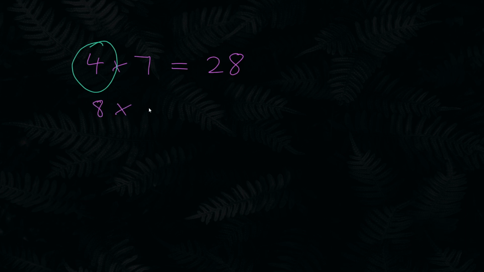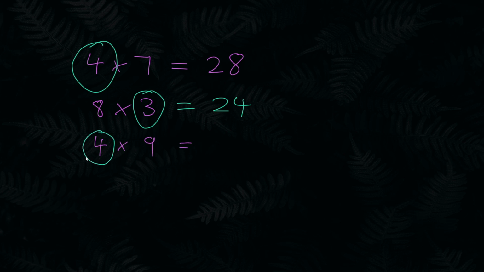So you might ask them, what's 8 times 3? And then they'll circle that and they'll work it out. And then you'll put the number that gives the strategy on the other side. So you'll say, all right, go ahead and work out 4 times 9. And they'll go ahead and hopefully circle the 4, and they'll double 9 and double it again, and there's